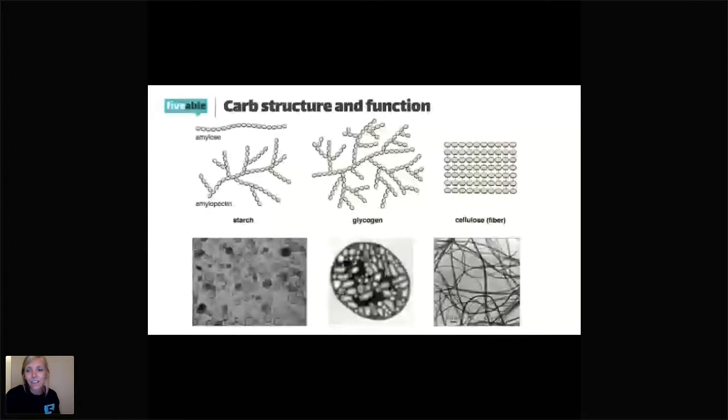Yeah. So cellulose is linear, right? And so we have these stacks of polymers. And so when they're linear like that, each of those strands has the opportunity to hydrogen bond with the one above or below it. And so it actually causes it to be pretty rigid. Think about